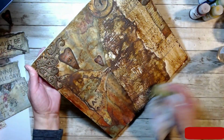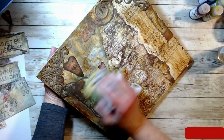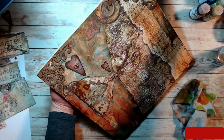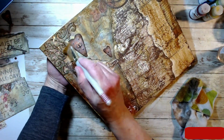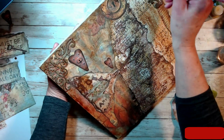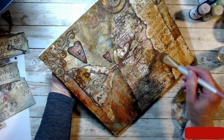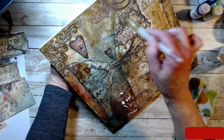Using my clean, damp towel here to pick up some of the color. You don't want it too dark and you don't want it too light. It's just personal preference, what you would like to do with the piece. And I didn't show you